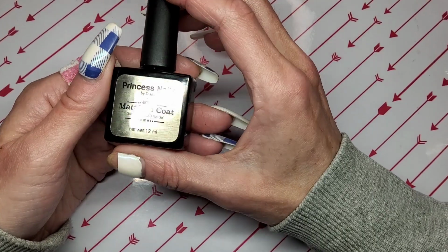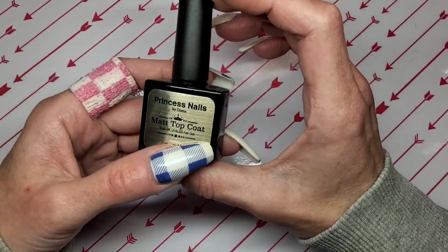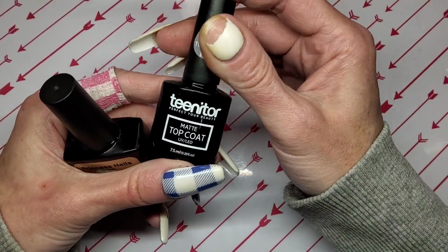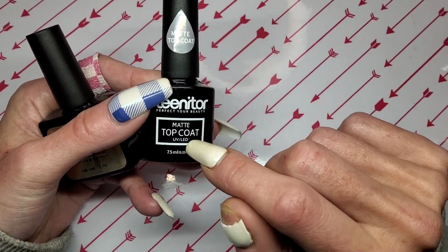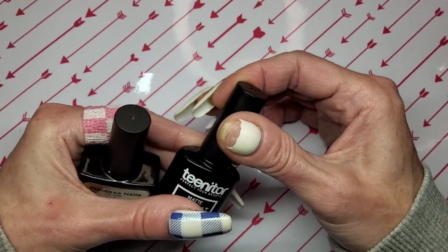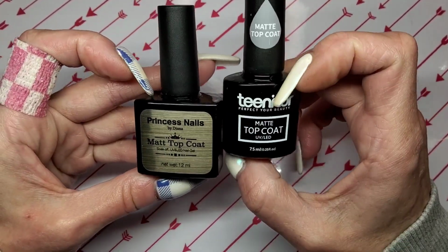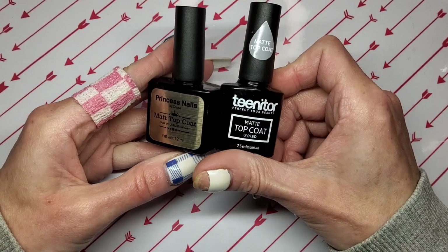This is my favourite matte top coat. I have knackered it, but I will be grabbing another anyway. And also recently I came across this. I got sent these to review from Amazon, and I've been really enjoying this matte top coat. I've got some other matte top coats that have not made it into my top 21 because I don't rate them. But as for these two, yeah, I really like these matte top coats. So they are my first items. So number 2,